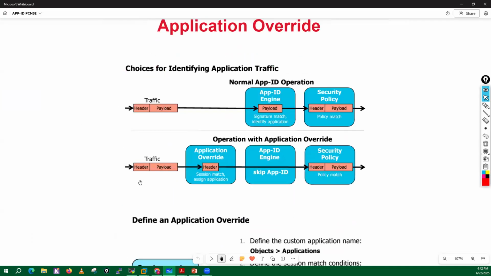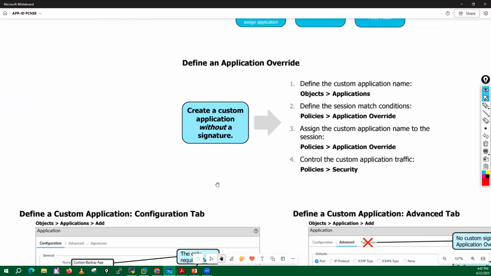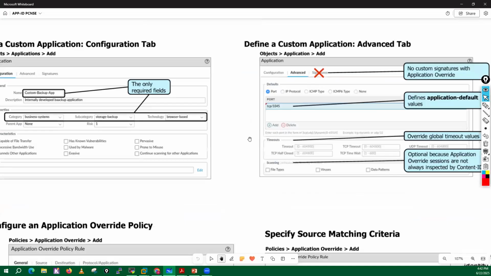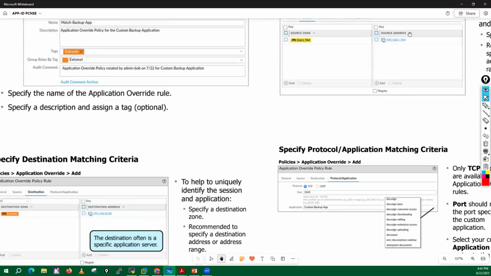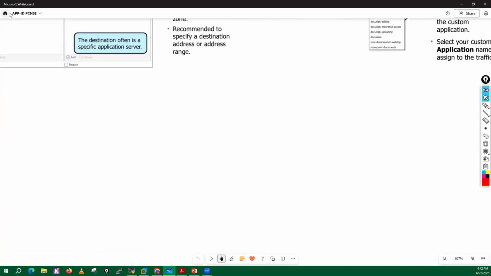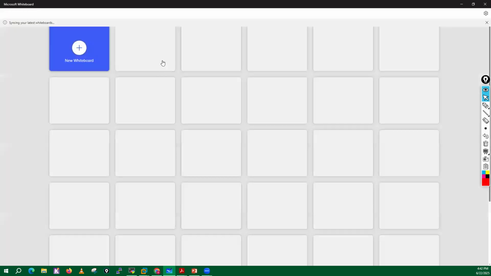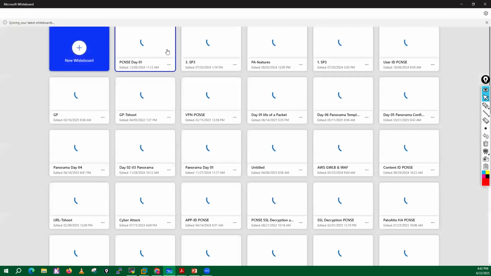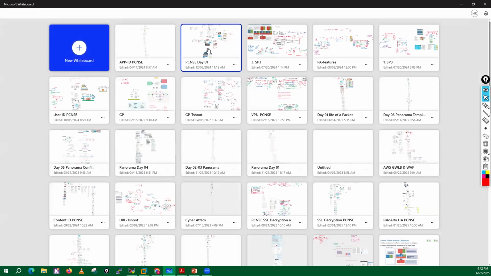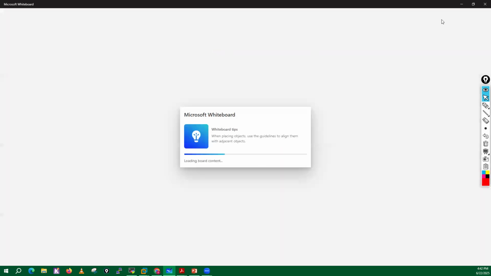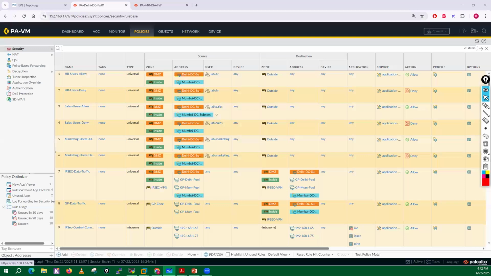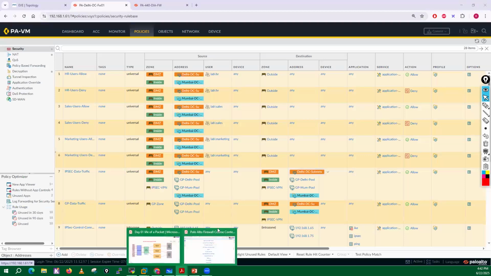Those are the things we will discuss, and I will use those types of documentation for explaining the concepts: what is application override, how it works, right? What is the benefit if we have the app override policies and all, right? All those things will be covered in your App-ID session. So these are around 3 hours of sessions where we used to discuss lots of information. Okay, we used to perform lots of practicals as well.